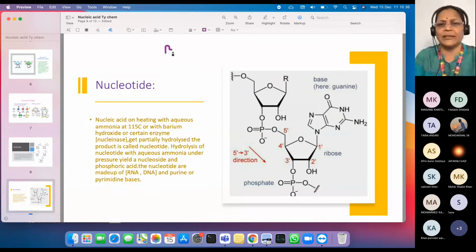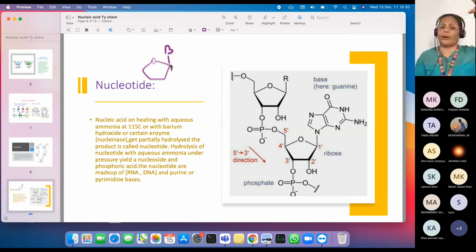You have got a base which is attached to this sugar. Now sugar is nothing but a pentagon. Sugar is the furanose form, so this is the pentagon form. This way we are going to attach this. You already have the OH, that's why the OH is up, so that base one. You can have this water molecule removed and have the direct connection. And then you have here this OH or H depending on which sugar it is, deoxy or ribose. And then at the third position you will have the attachment